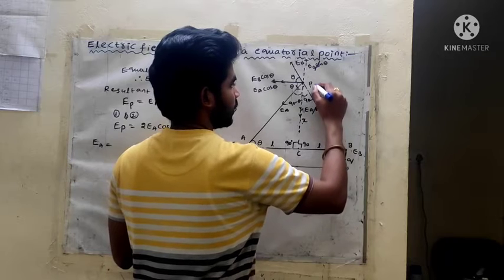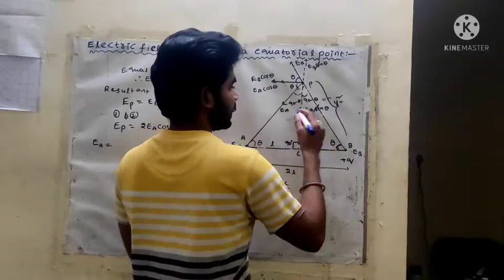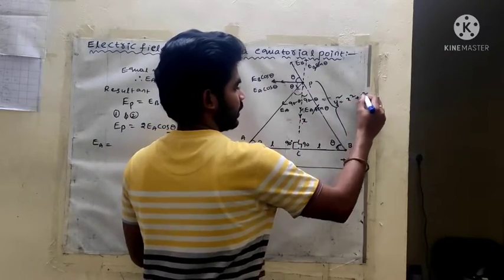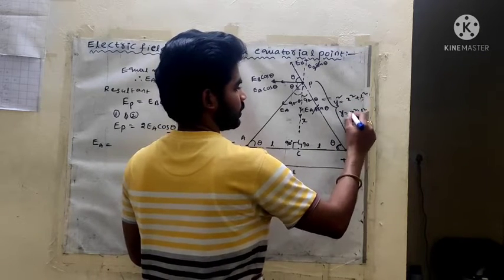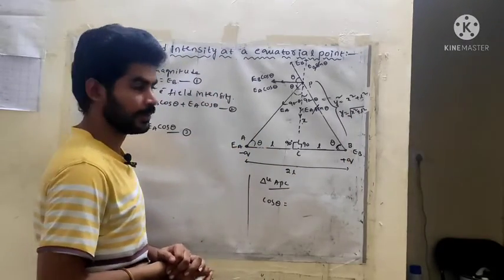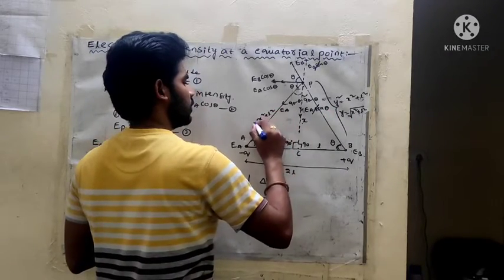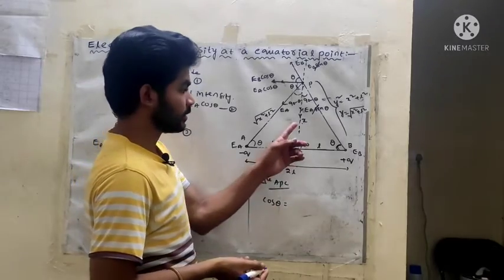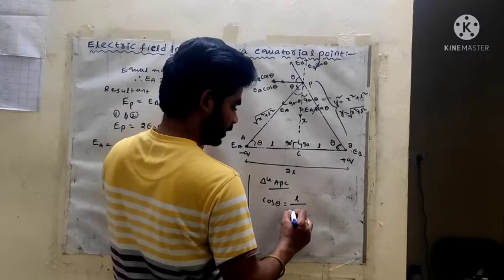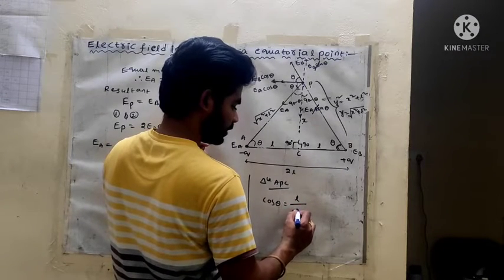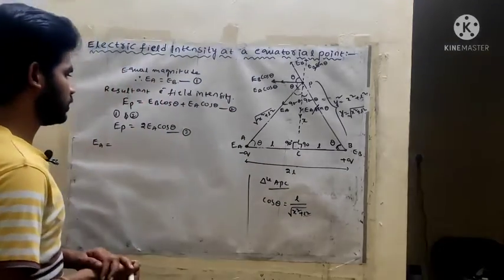So let us consider the hypotenuse. This distance is y, so y square is equal to side square. Side square is x square and one more side L square. So y is equal to the whole root of x square plus L square, that is the y value. So this is also root of x square plus L square. Cos theta is equal to adjacent side by hypotenuse, and the hypotenuse is the whole root of x square plus L square. Okay, this is the cos theta value, you can remember it.